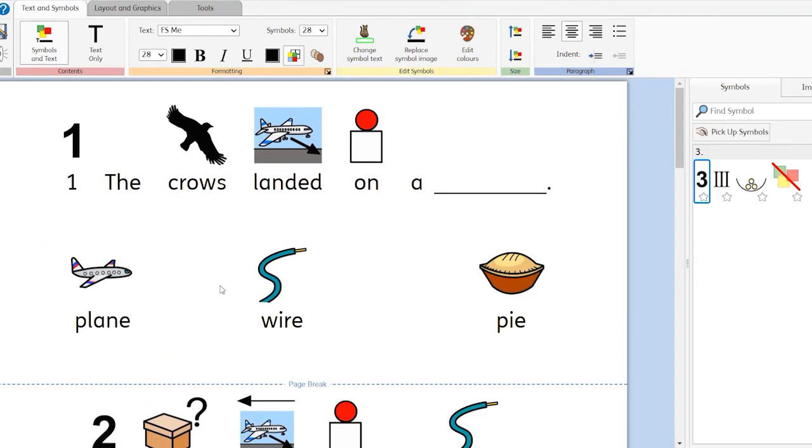And these were done right in that same word processing software. You have your question and you have your options. So these can be printed out. The students can circle the right one. You could even have these cut out